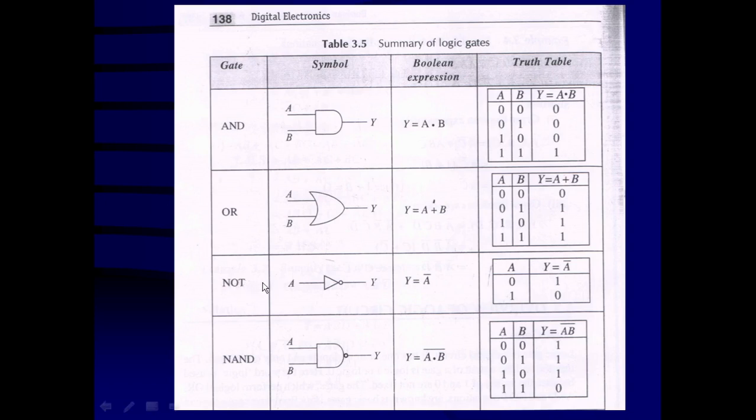Similarly, for the NOT gate, the output is not the input. It is the complement of the input, and that means if the input is 0, output is going to be 1. If the input is 1, then output is going to be 0. You can see it in the truth table. And the Boolean expression for this is represented by Y equals A bar, or it is called the complement of A. The output is not A, it is A bar here. It can be written as A dash also.